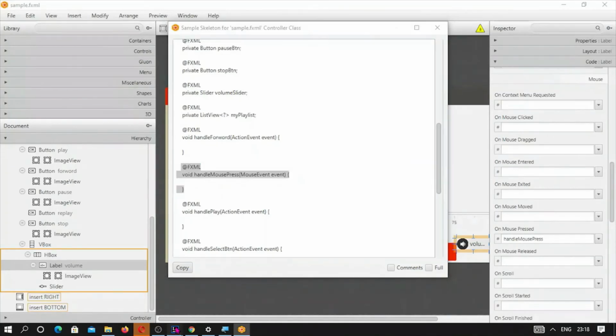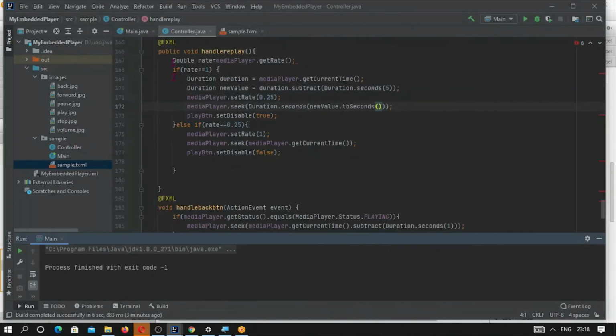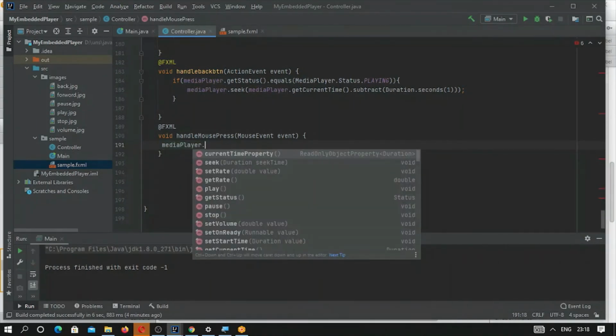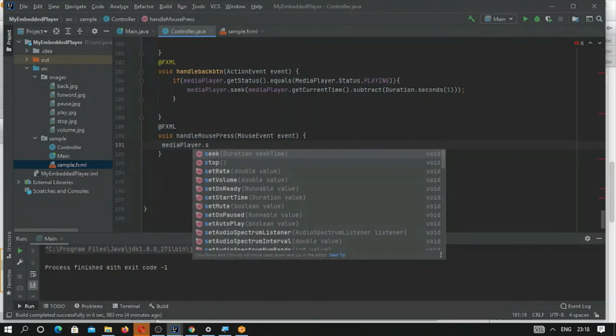First copy in the controller. What we want to do, if it is pressed, in that case the media player volume should be muted. So media player dot set mute, and this should be true.